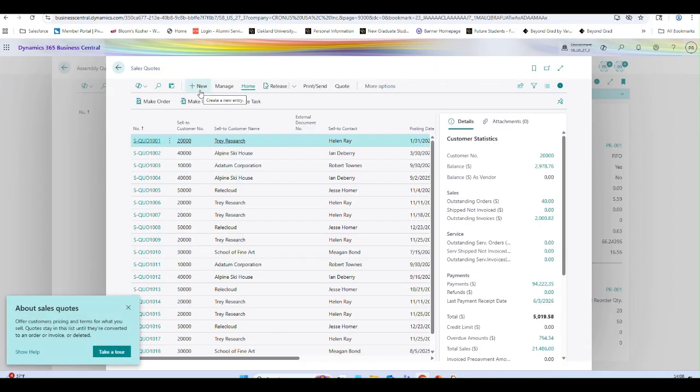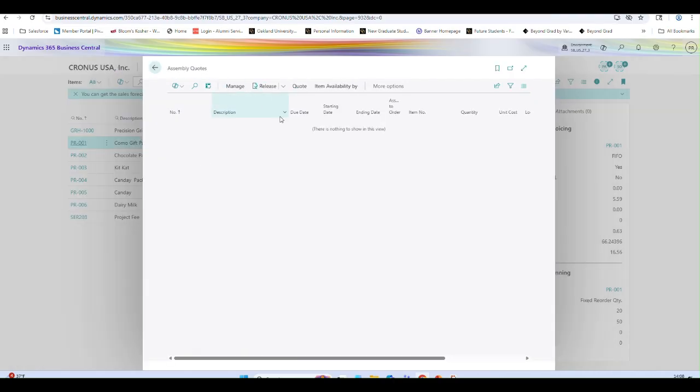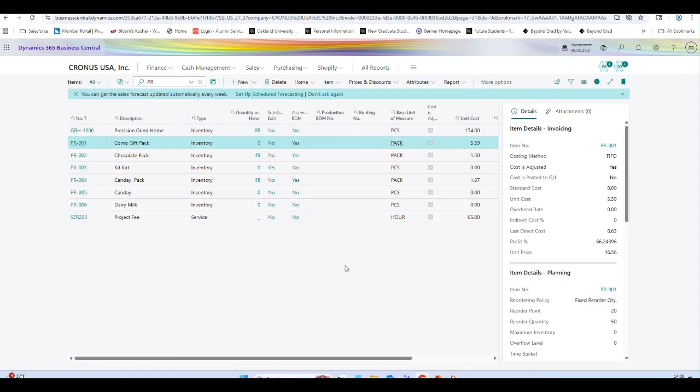This is the base functionality: we cannot directly create an assembly quote. So the first difference is that we cannot use an assembly quote directly. How can we use it? First we need to create the sales quote, and based on the sales quote, the assembly quote will be created automatically based on the linking of the assembly item.